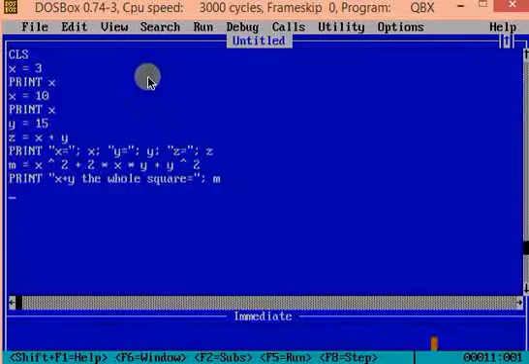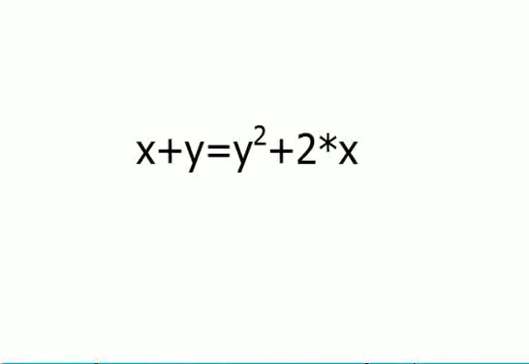Now, this looks very similar to mathematics equation. However, there is one major difference. In mathematics, these are called equations, while in computer language, it is called assignment. So it is something like equations versus assignment. In mathematics, it is equations, while in QBasic, it is assignments. For example, in mathematics, you can write something like x plus y is equal to y square plus 2y.